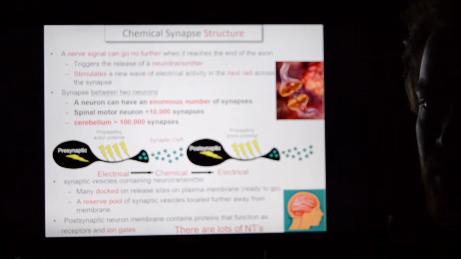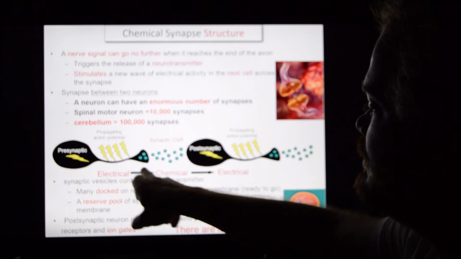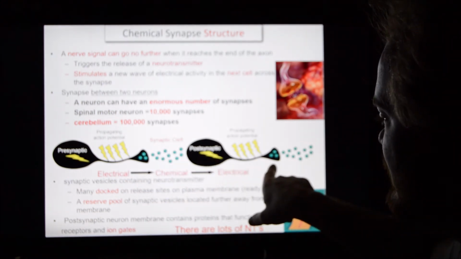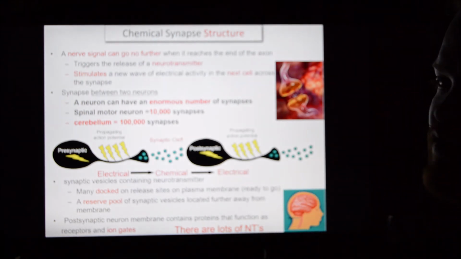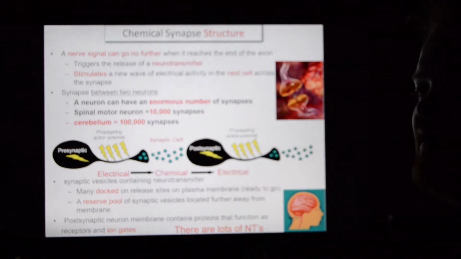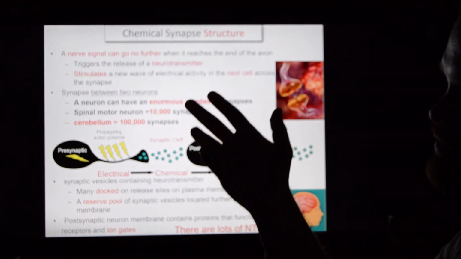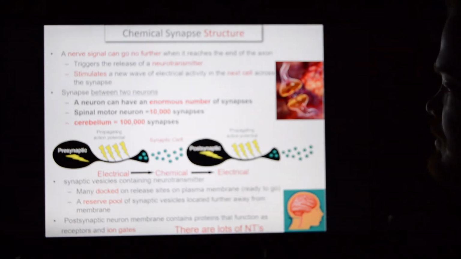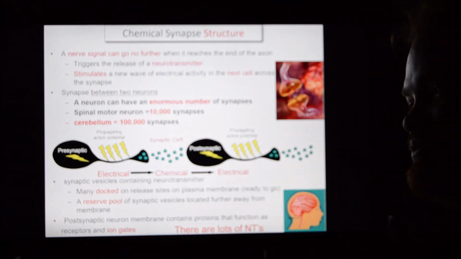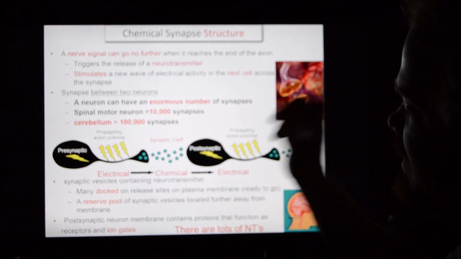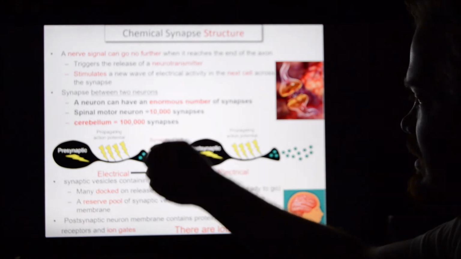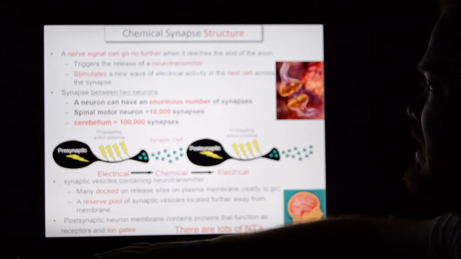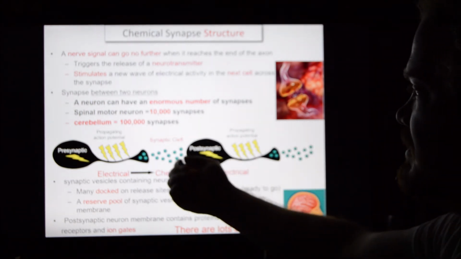It's very important to point out here that this is an electrical signal, followed by a chemical signal using neurotransmitters, followed by another electrical signal moving down the length. So when we say a sensory neuron stimulates an interneuron, and that interneuron stimulates a motor neuron, what we're having there is an electrical signal followed by a chemical signal, followed by an electrical signal, followed by a chemical signal. These nerves do not directly touch one another. They have to have neurotransmitters that are capable of being exchanged for that synapse, for them to synapse.